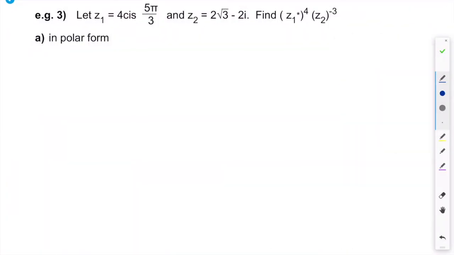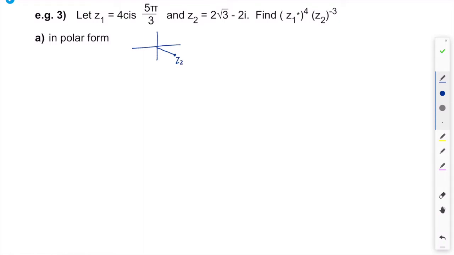And last but not least, we're going to complete another question involving two complex numbers z1 and z2. We're going to evaluate or find what z1 conjugate to the power of 4 times z2 to the power of negative 3 is equal to. Well, since we know that to take the power of complex numbers is the easiest to use De Moivre's theorem, we're going to convert z2 into polar form first. Okay, so considering that z2 is 2 root 3 minus 2i, it would be somewhere in the fourth quadrant,